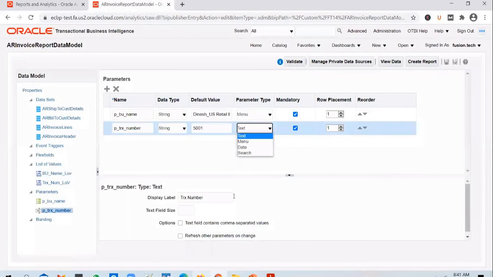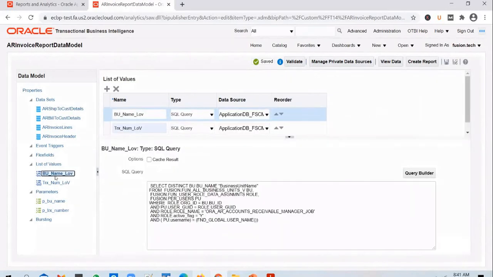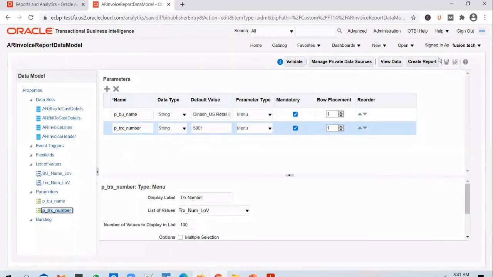Do the same thing for transaction number: change it to menu and select transaction number LOV as the selected option, and you can save it. So we have created two queries, one to pull the business units that the user has got access to, and another one to pull the transaction numbers from those BUs. And we have attached them to the BU name and transaction number parameters.